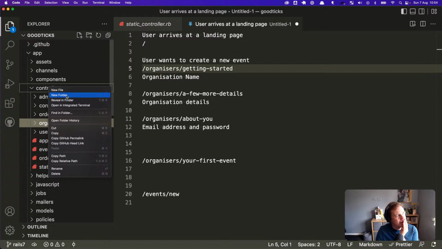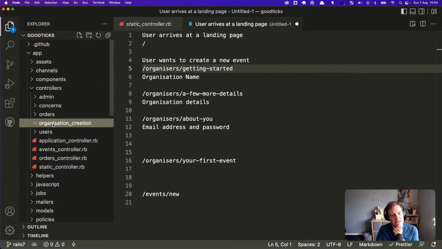The downside to that is that if you then want another one of those, are you starting the step-by-step wizard journey in the organization's controller and then stepping out into another namespace, or do you just do everything inside a namespace? And I know I'm not describing it very well because we haven't drawn out any planning, but let's